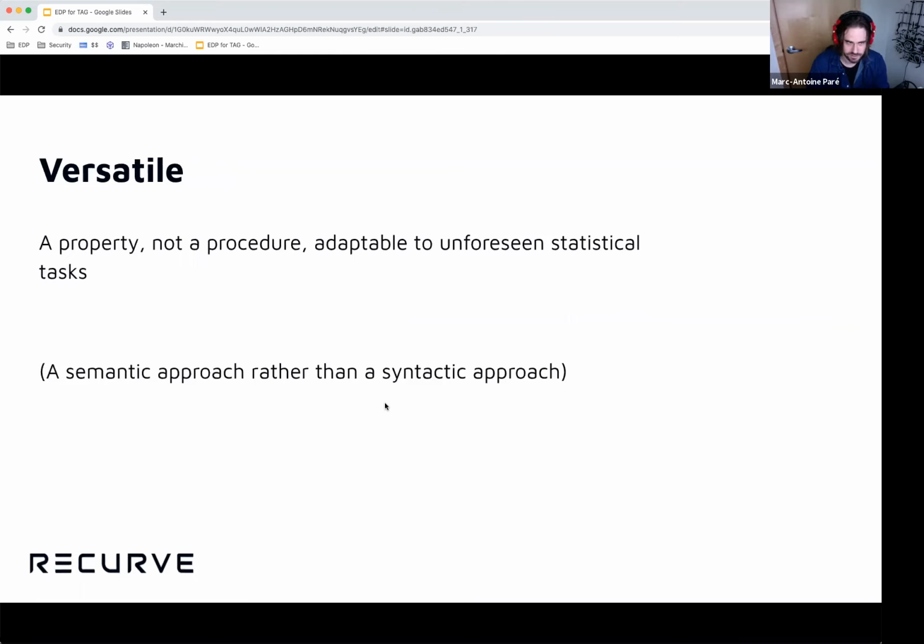Third property that drew us to differential privacy is it's versatile. It's a property of a statistic which can be arrived at a number of different ways. There are quite a number of mechanisms that can realize differential privacy for a given workload: Laplace mechanism, Gaussian, sparse vector technique, which means it's adaptable to unforeseen statistical procedures,